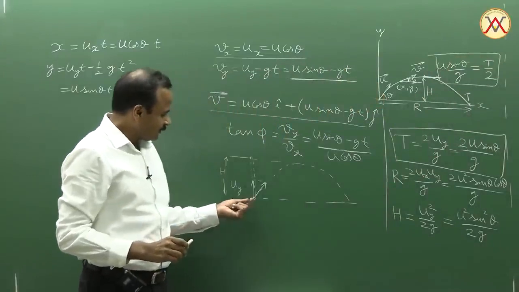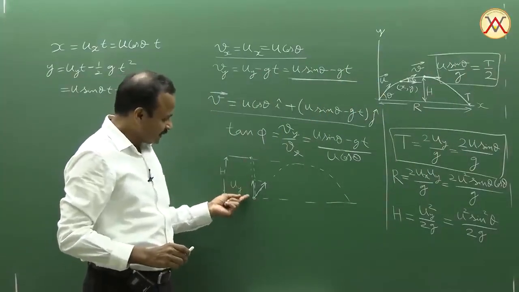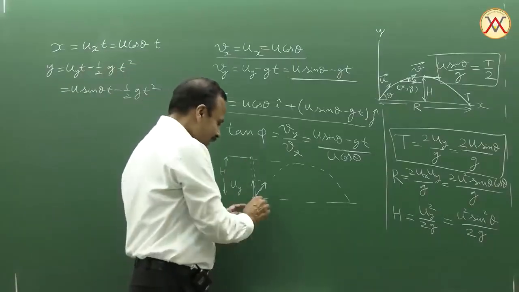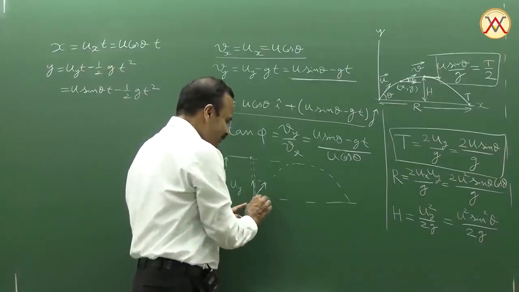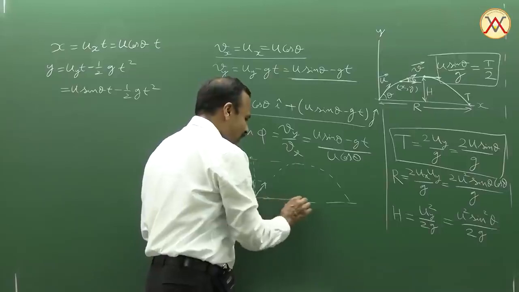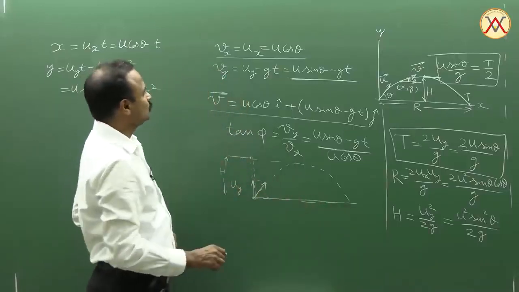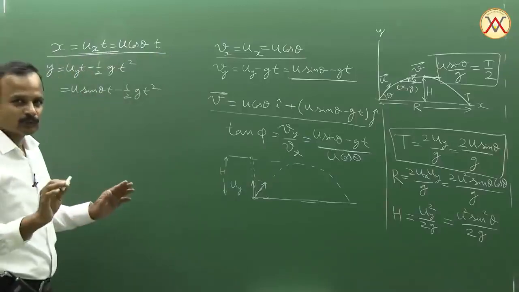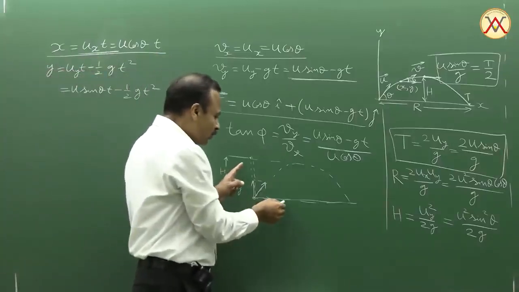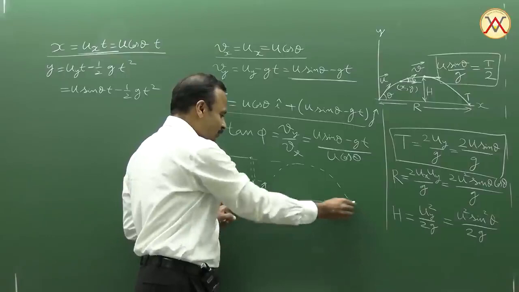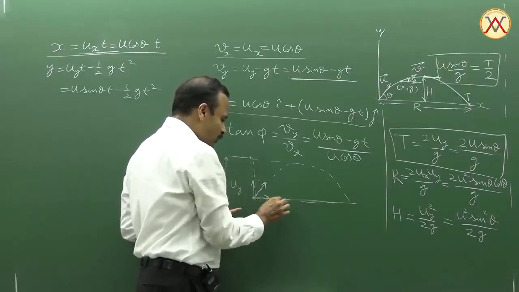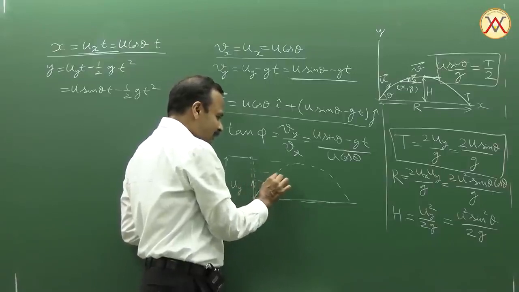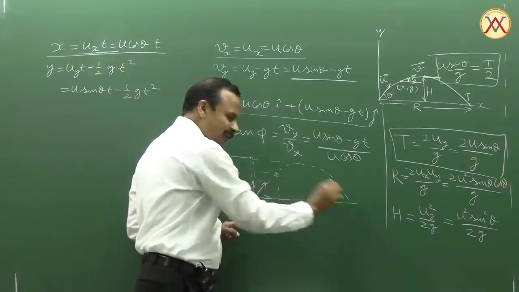So in the y direction, the motion is just like a particle thrown up, and then it comes back. And in the x direction, it is even simpler. The x coordinate is just proportional to time. You can see the x coordinate is written here. The x coordinate is proportional to time. So if you combine this, you take the x coordinate from this part of the journey, u cos theta into t, and you take the y coordinate from here, you get the path of this projectile.